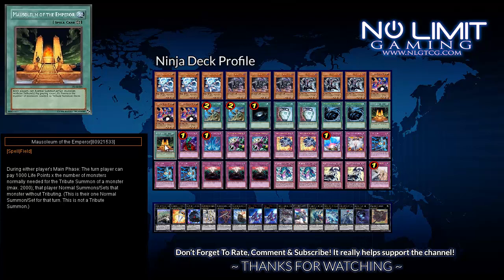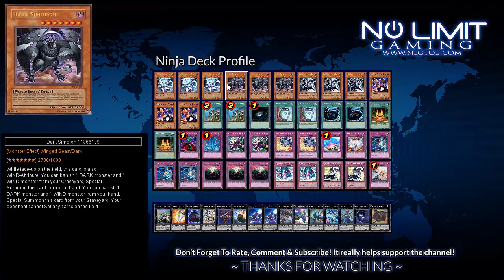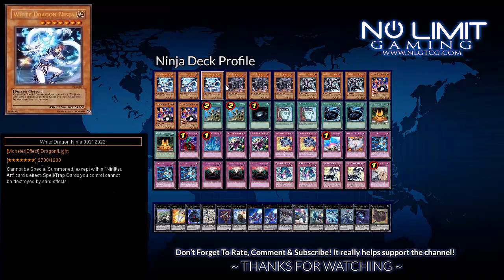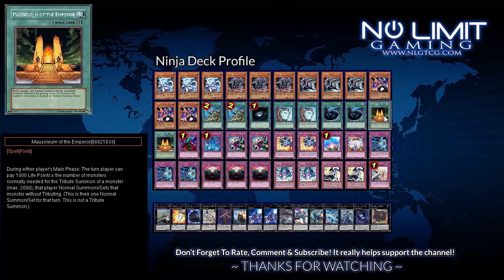But being able to use both of them, they don't affect your Samorg or your White Dragon Ninja in any way because they do not activate their effects. So Majesty's Fiend will not really affect them. And Vanity's Fiend is basically the same thing as Vanity's Emptiness, and it's like 1,000 life points off of Mausoleum